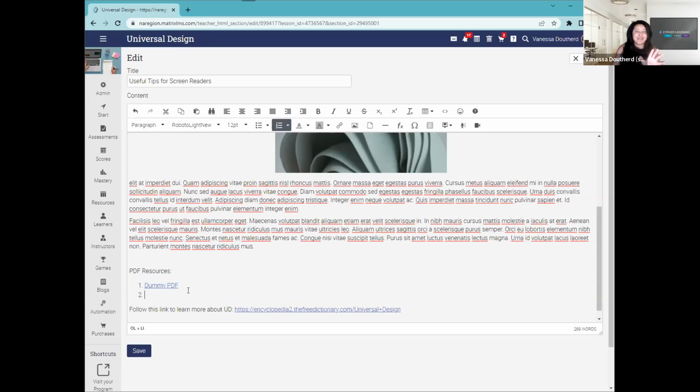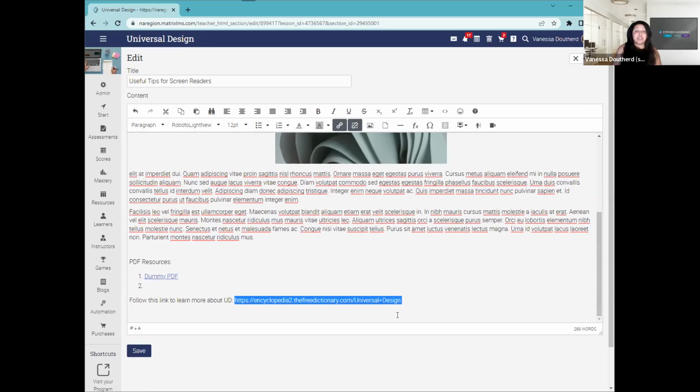And then if we wanted to have another resource, such as this one, it's always a bad idea. I'm sorry if this is something that you do, but it's always kind of a bad idea to have these types of links just thrown into your content, because remember what a screen reader does. It reads everything in the content. So once the person gets to this link, the screen reader is going to go through a minute-long HTTPS and it just takes a long time. It's really hard to visualize what that is. So we take this link,